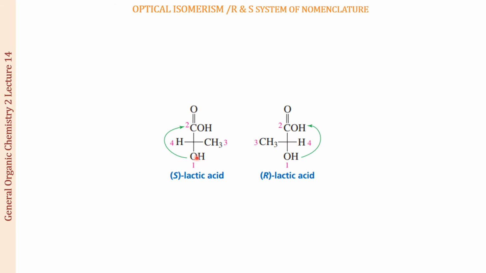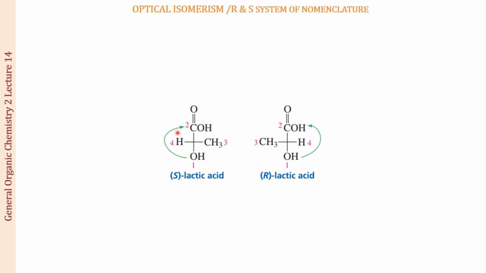I've already written the priority order for the 4 groups. OH, oxygen, is going to have the highest atomic number. Then we have the COOH group. So this carbon and CH3 both have a carbon-carbon. Then you have to look at the next set of atoms. For the COOH group, it is going to be oxygen and 2 single bonded oxygen, so oxygen, oxygen, oxygen, and here it is going to be all hydrogen. So this is priority group number 2, this is priority group number 3, and this will be priority group number 4. So when you draw the arrow, you will be moving from 1 to 2. Okay, and 1 to 2 is going to be across 4.